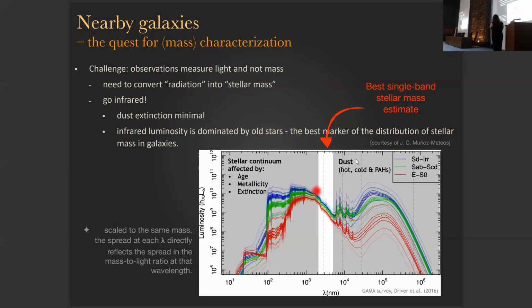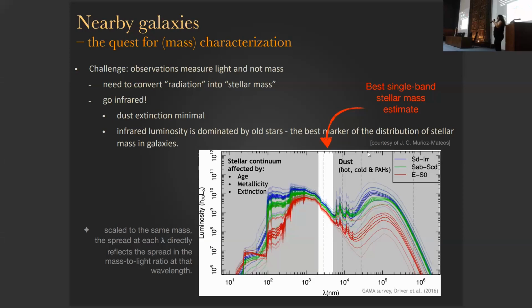But here, for instance, you're looking at different types. These are late types in blue, early spiral types in green, and in red you have early type galaxies, ellipticals and lenticulars. You see that they have been made so that they vary a bit with age, metallicity, and extinction. The point here is that these SEDs are varying a lot, but you have very little dispersion in this region. If you look in this region, you will have very slight differences when you transform from light to mass, even if you're considering different ages, metallicities, and extinctions.